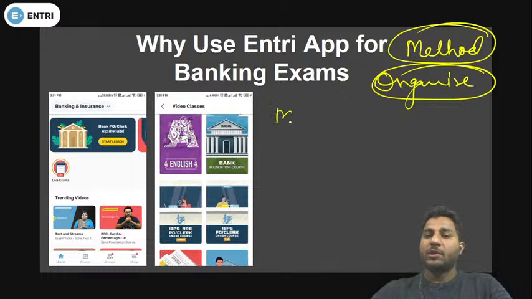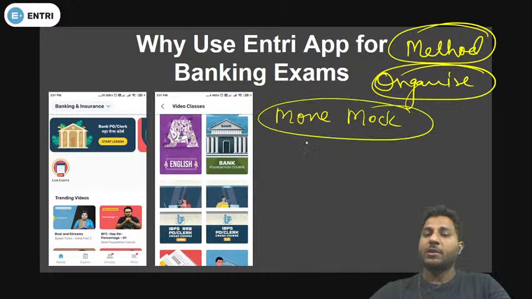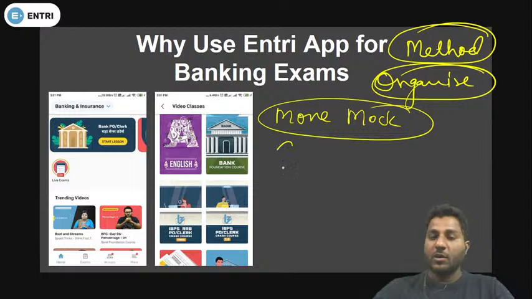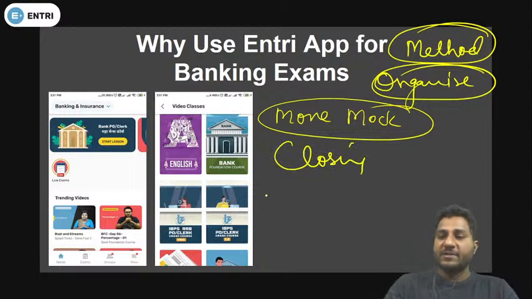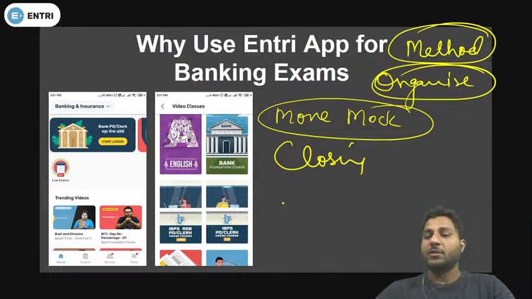The more mocks you give, the more you will close the loopholes. If you close all loopholes, let's say you are sitting an examination with time restriction, what would you do? You will see that if you are an expert, you can clear any examination within a fraction of time.